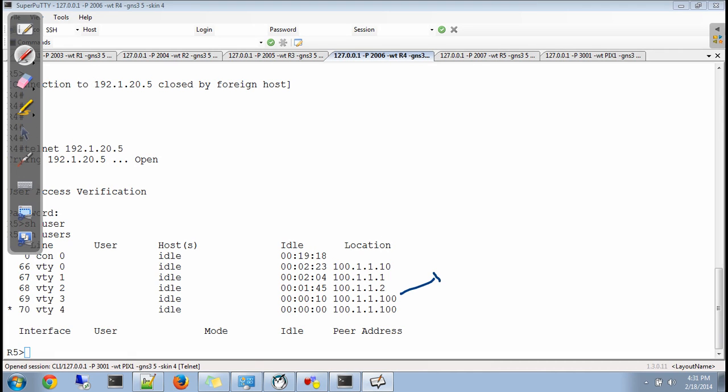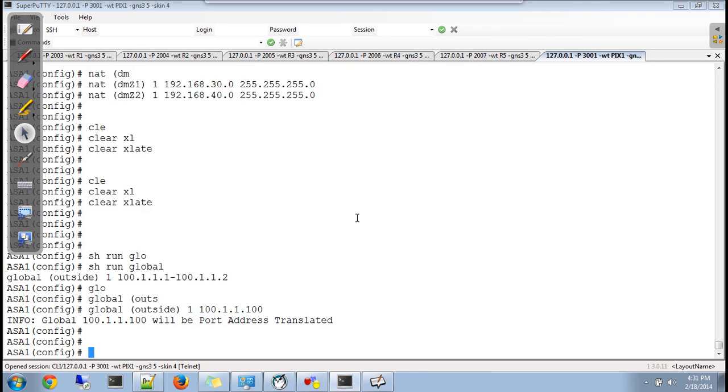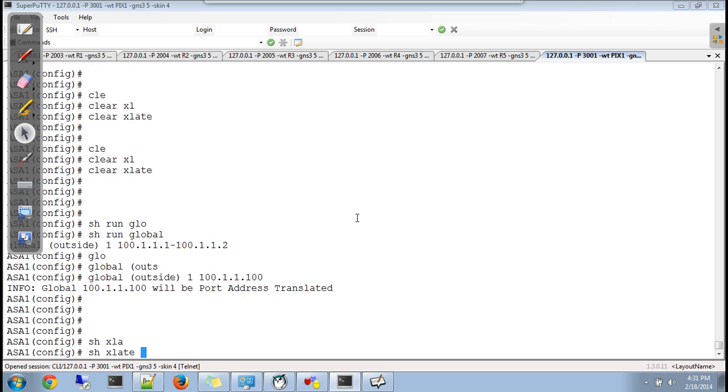This is R3 and this is R4, but actually these are two different hosts. Check the firewall. To find out translations, check the firewall. Say show xlate and see the translations.